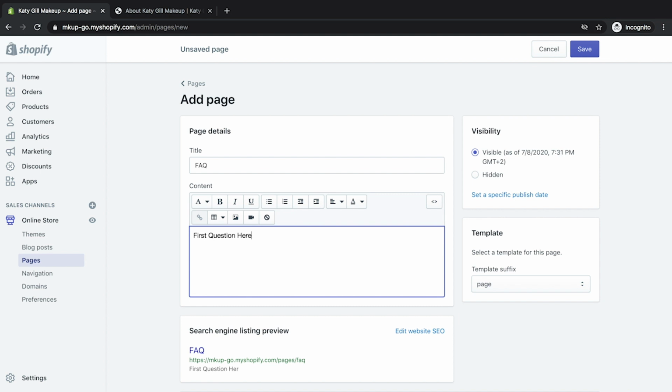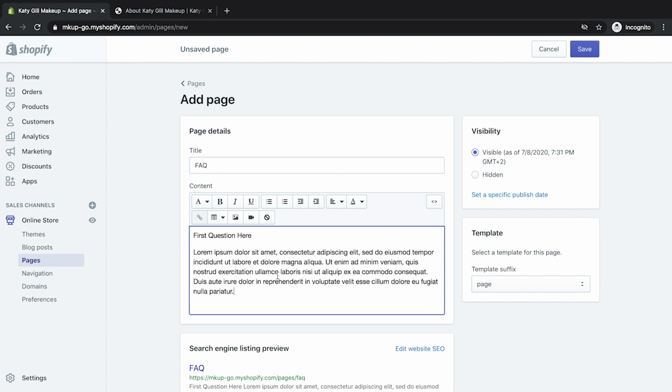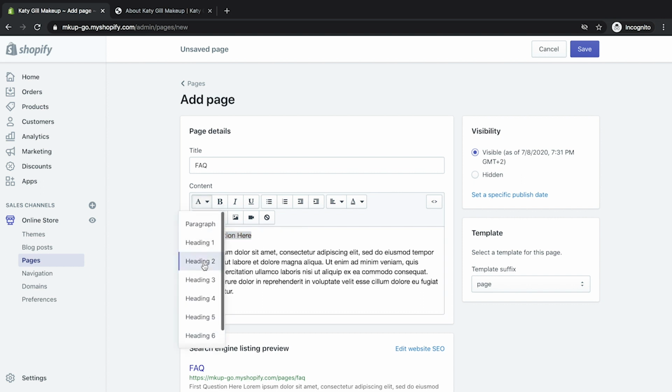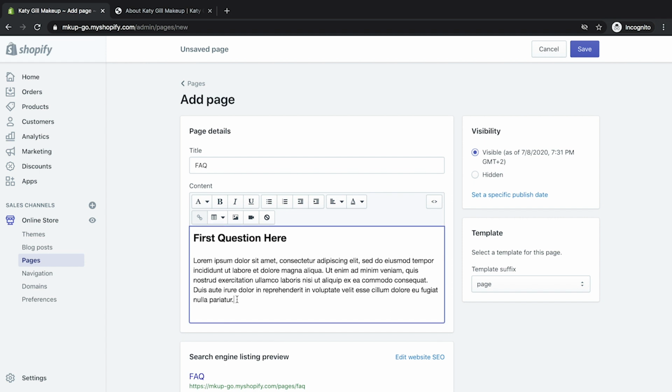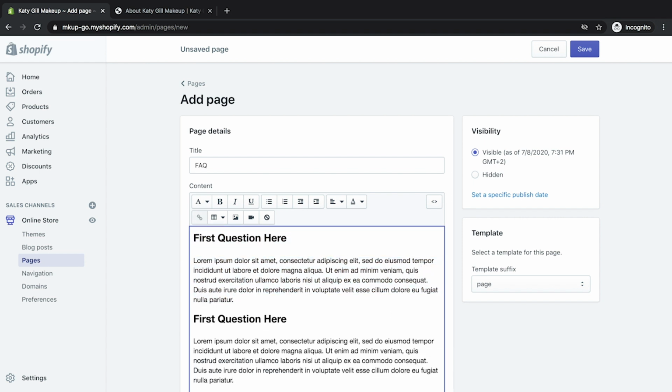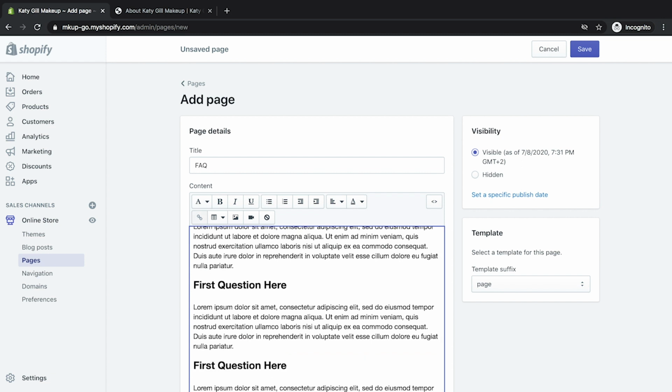First question here, and then underneath that I will copy some text from over here, and then I will paste it into here. Great. Now what we need to do is perhaps make that a header, so we'll call that heading 2, and then we'll copy all of this and do it again down here.